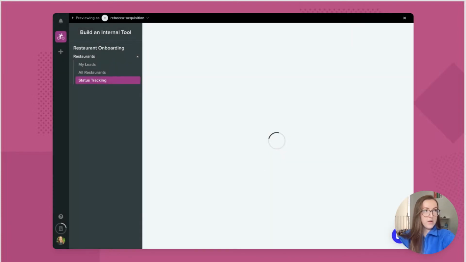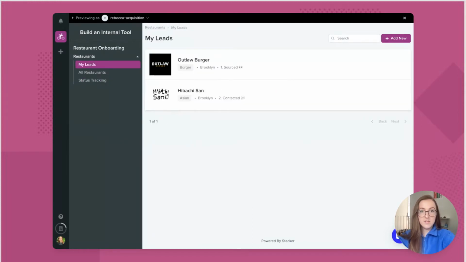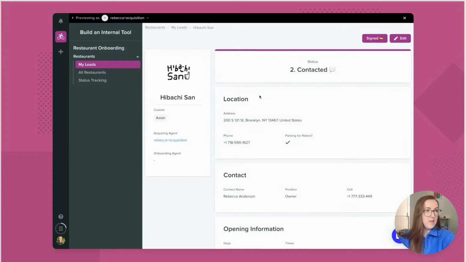I'm now previewing as someone from the acquisitions team. You can see here that they just have the My Leads table. This is because they will be managing leads up until they're being signed. You can see here they've only got 2 leads, and that's because these are the 2 that are linked to them. If we click into one in particular, you can see here that I am linked to it as the